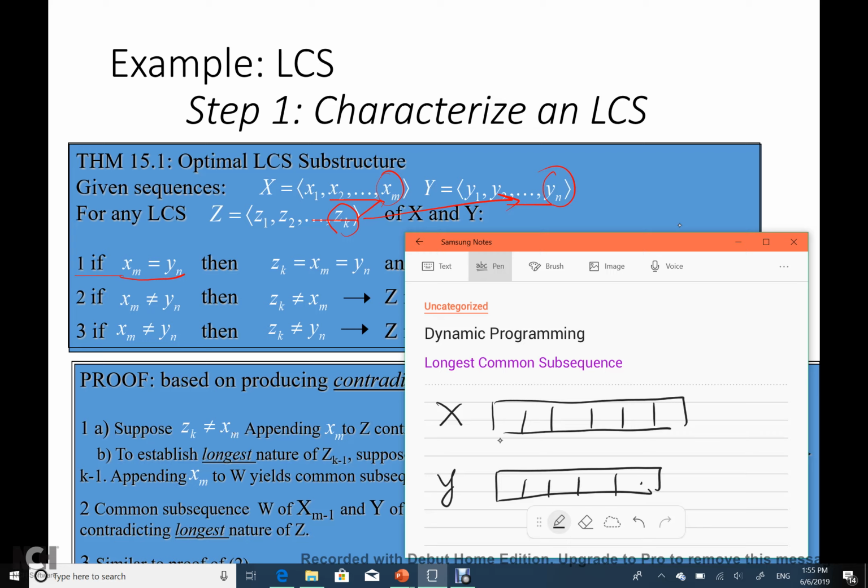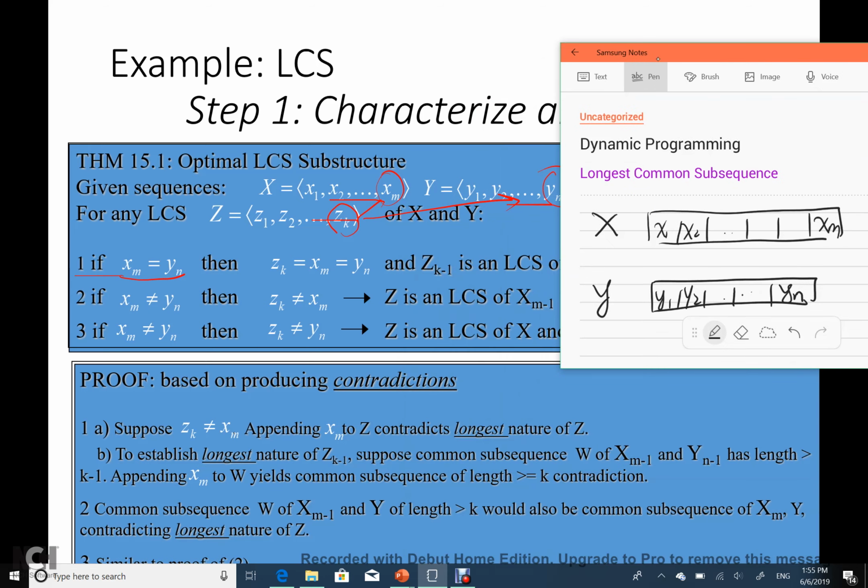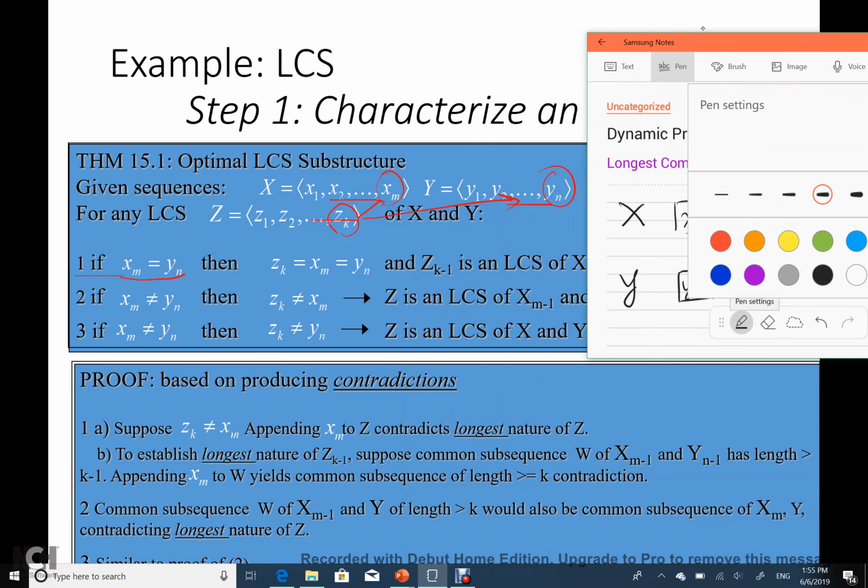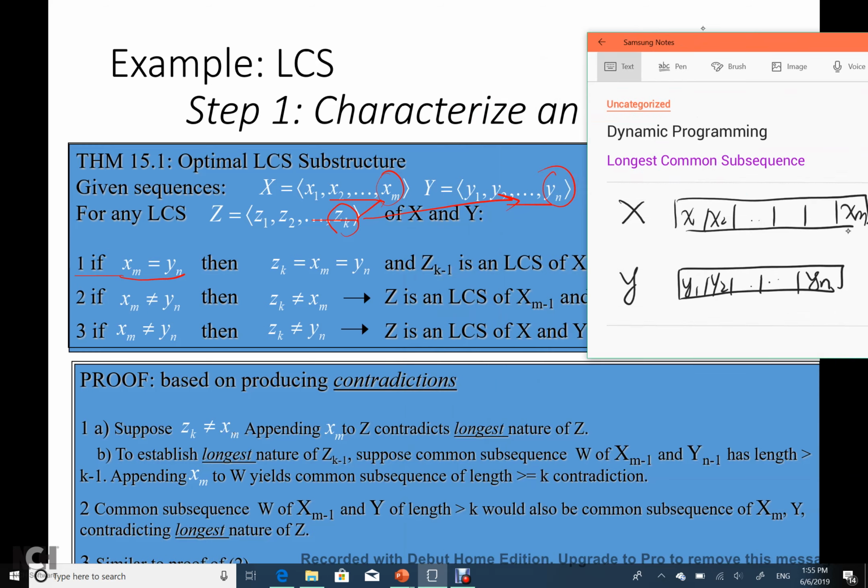This is x1, x2, and this is xm, this is y1, y2, and this is yn, right? We see if that is true, if it happens,